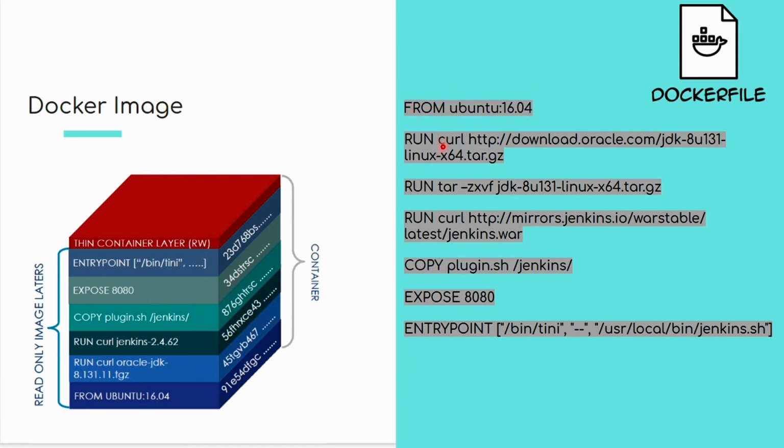You would typically then download Oracle JDK, and then run a command. The first run is the curl command, and the second run is the tar command. Then you are downloading certain things, copying them, exposing a port, and creating an entry point. I'll show this example for a Python application very shortly in the demo, but this is how containers work. You typically write them top down, where each base is